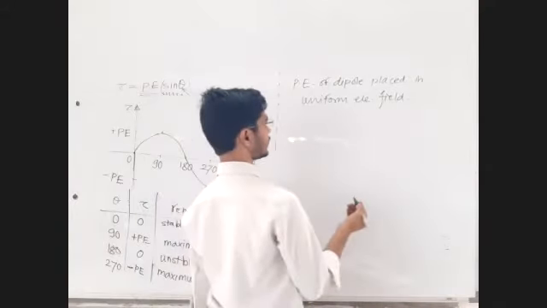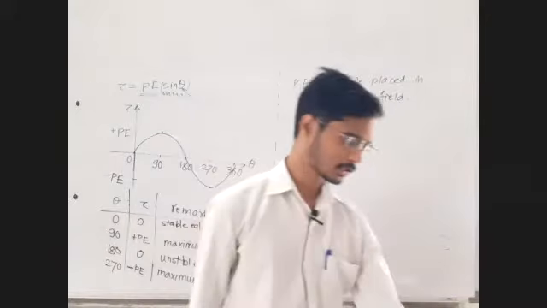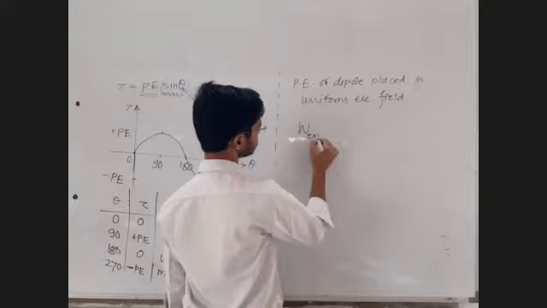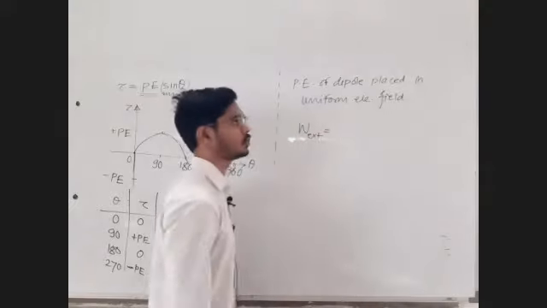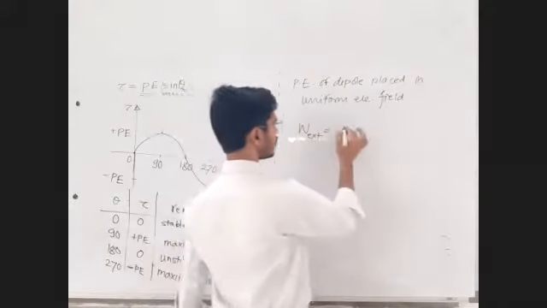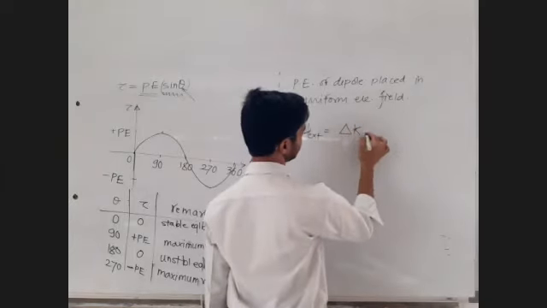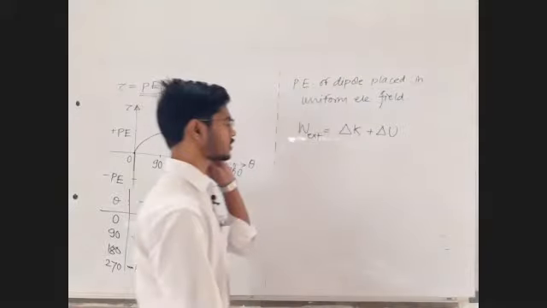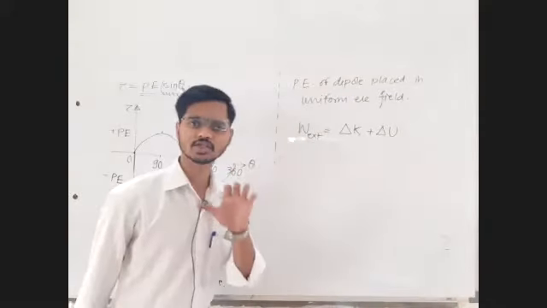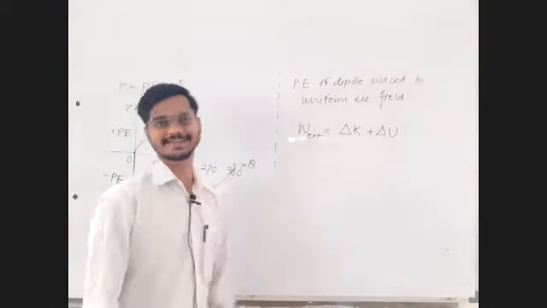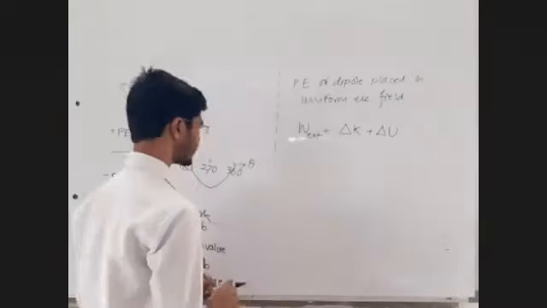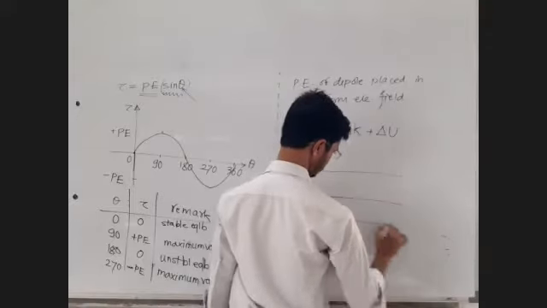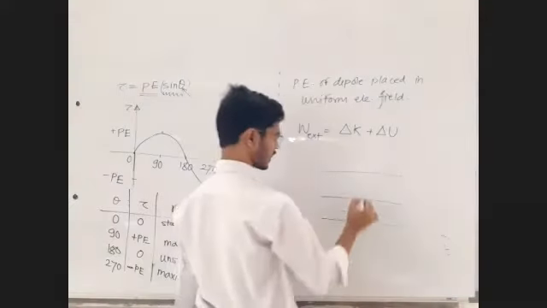How to find out potential energy of dipole placed in uniform electric field? Very simple. The work done by the external forces will be utilized in two ways, either to change the kinetic energy of your system or to change the potential energy of your system. Now let us do the work without accelerating the system. We will rotate the dipole from its first position to its second position.